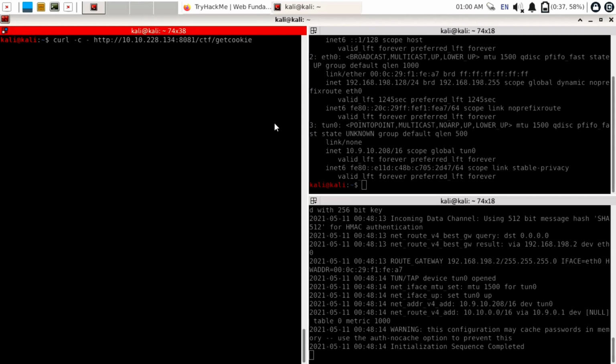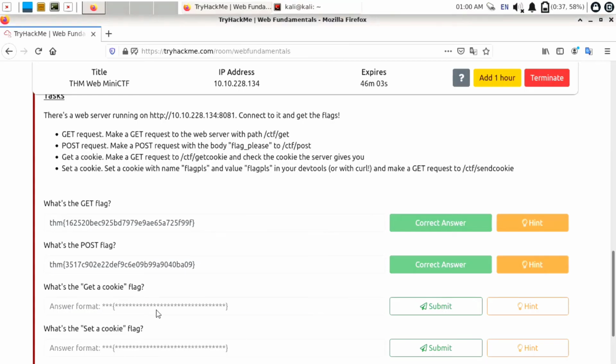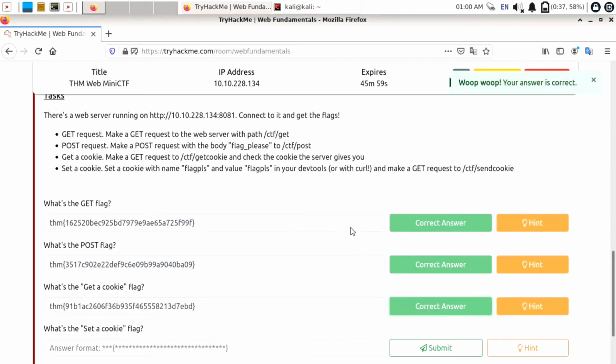Here we are going to use curl -c - and our URL and hit enter. Here you can see we successfully captured the flag. So copy our flag, right click copy, open the web browser and paste that flag here. Click on submit. Yes, we have solved these two.